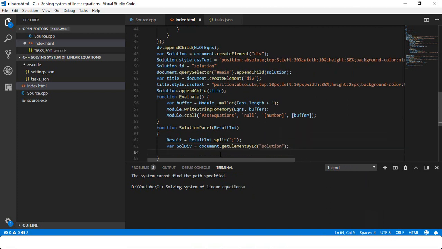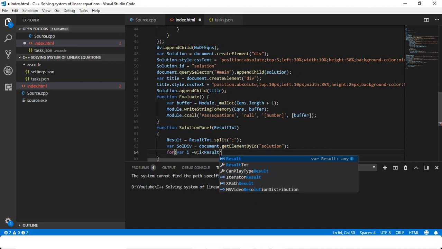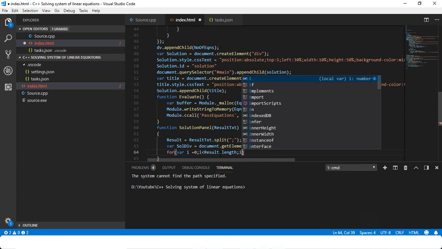So now we have the div which we will add the result to, and for var i is equal to 0 and i is less than result dot length and i plus plus,